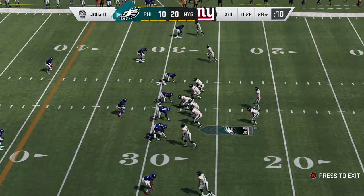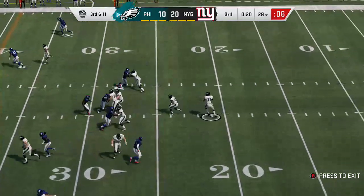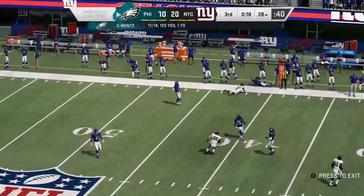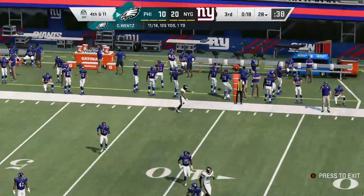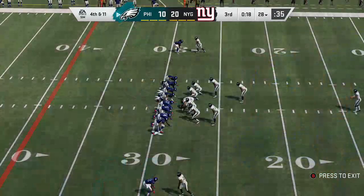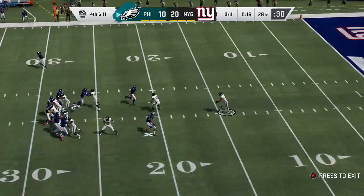This offense in desperate need of a conversion as they come up on 3rd down. They fake the give. Now Wentz looks to throw, fires right side. And that's going to be incomplete. The coverage too good there. The contact popped the ball free, and it's 4th down. And we're into the 2nd half now, and this is an offense that continues to struggle to...